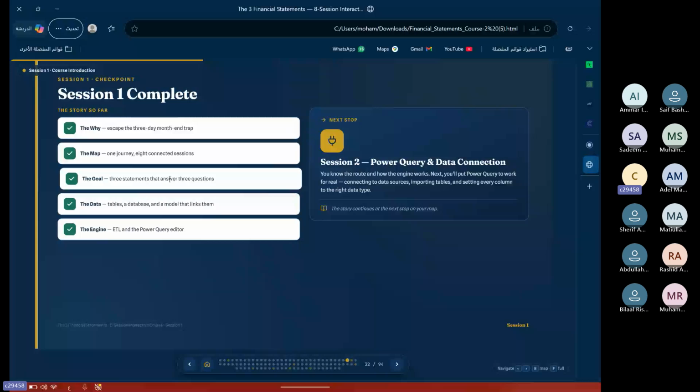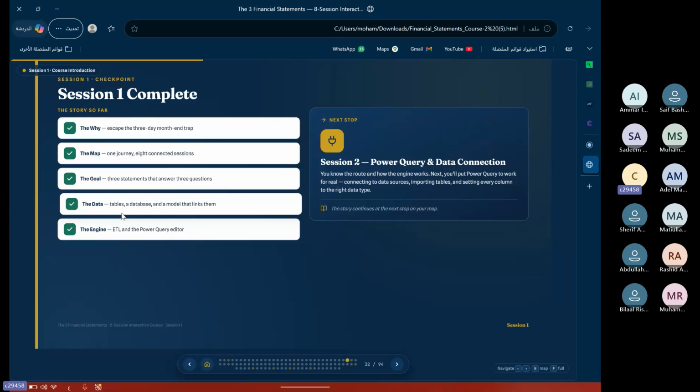What is our goal? We will build the 3 statements. About the data, we know a lot of information. We have only one table. We will not make it a big table with a lot of columns. It will have a lot of rows, but only a few columns, maybe 4 or 5 maximum. Most of them will be IDs, because we will connect these IDs to other dimension tables.